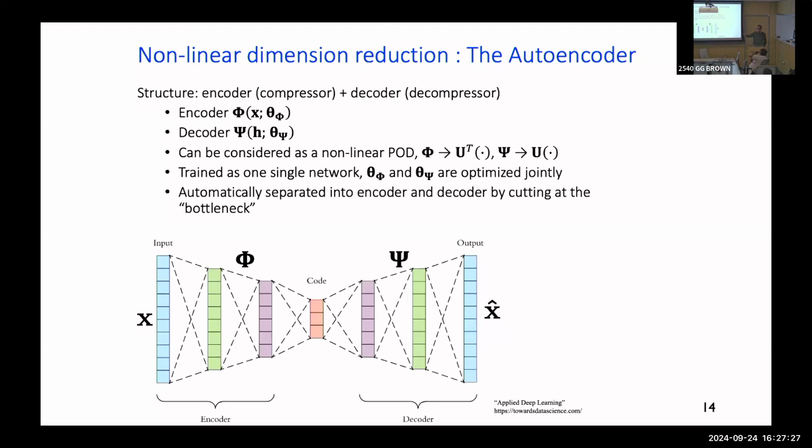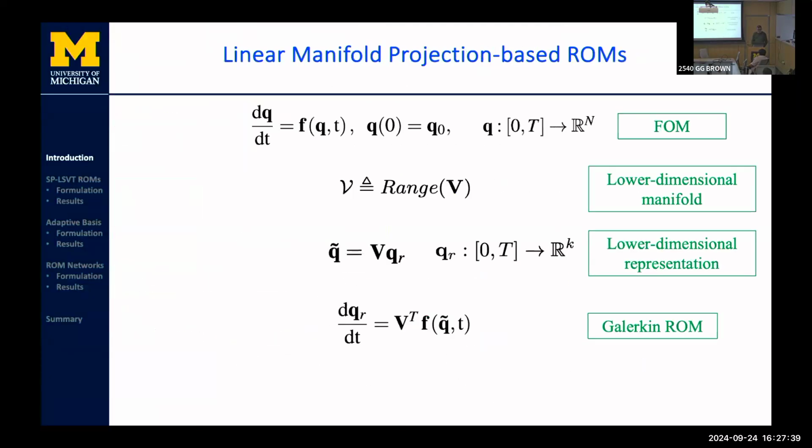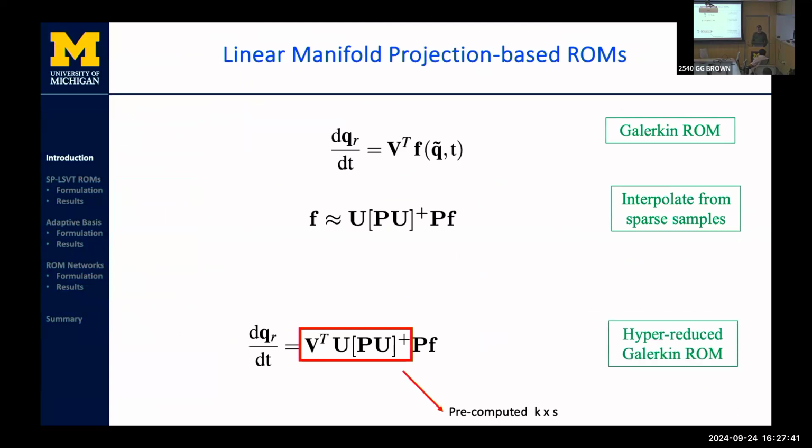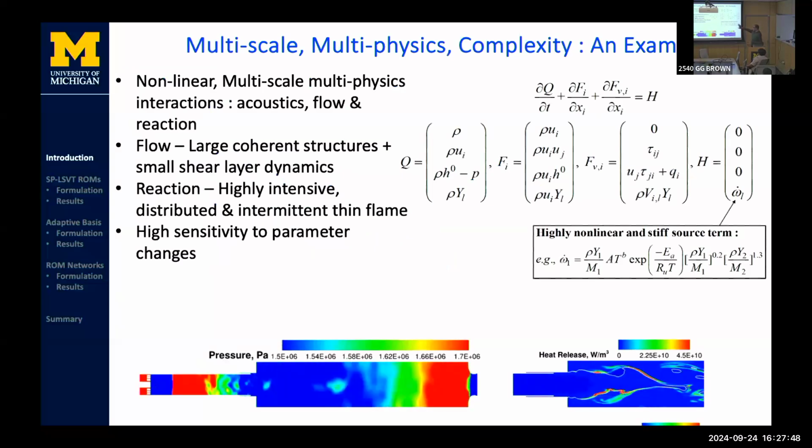Or not? They're actually not even as good as the POD basis for various technical reasons. But I agree with you that if you have enough data, then the intrusive and the non-intrusive ROMs would give you the same result. But there's a lot more to it. So anyway, give me 1 second